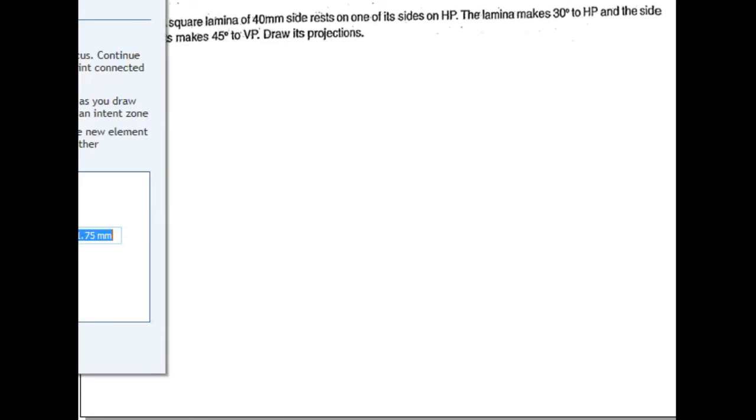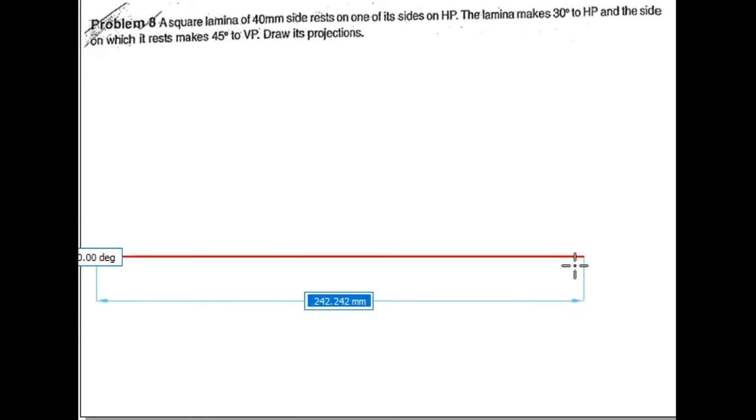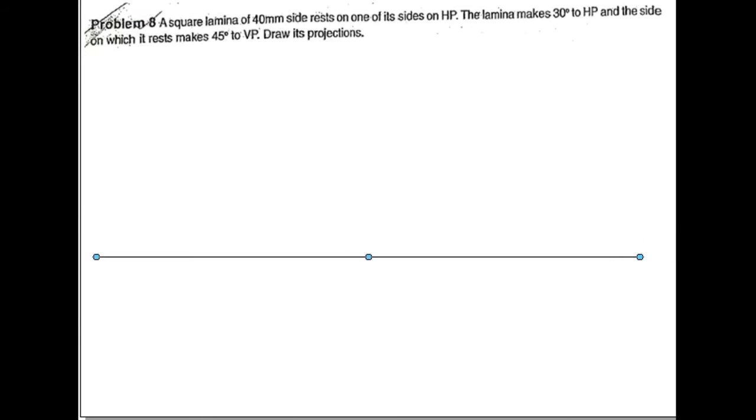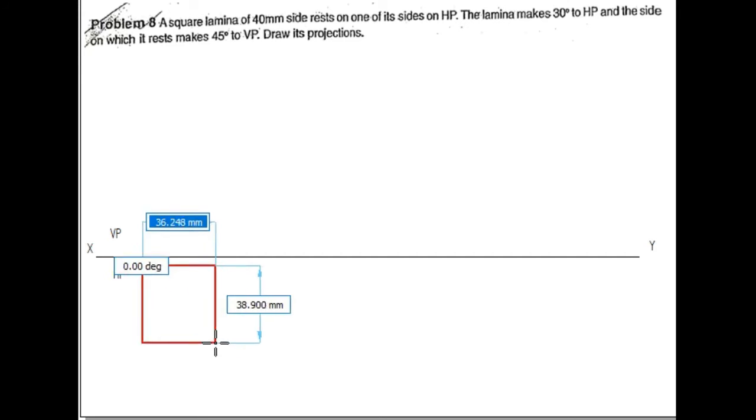So we will learn how to draw it manually. So first draw the XY line and name it as X and Y, and we are following the first angle projection. So VP plane will be above the XY line and HP plane will be below the XY line. Now we have to place a square lamina which is resting on one of its sides. So what I do, I will draw